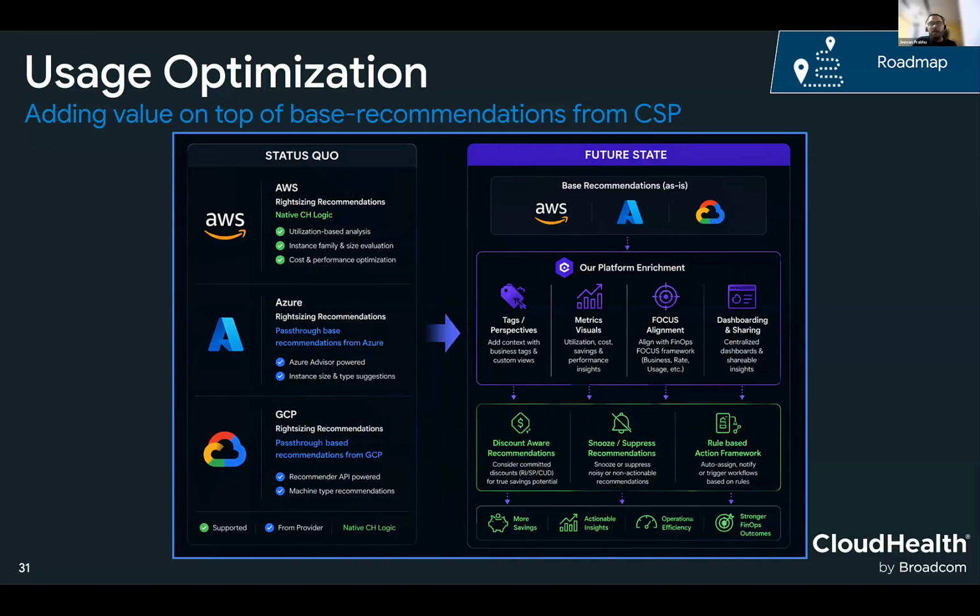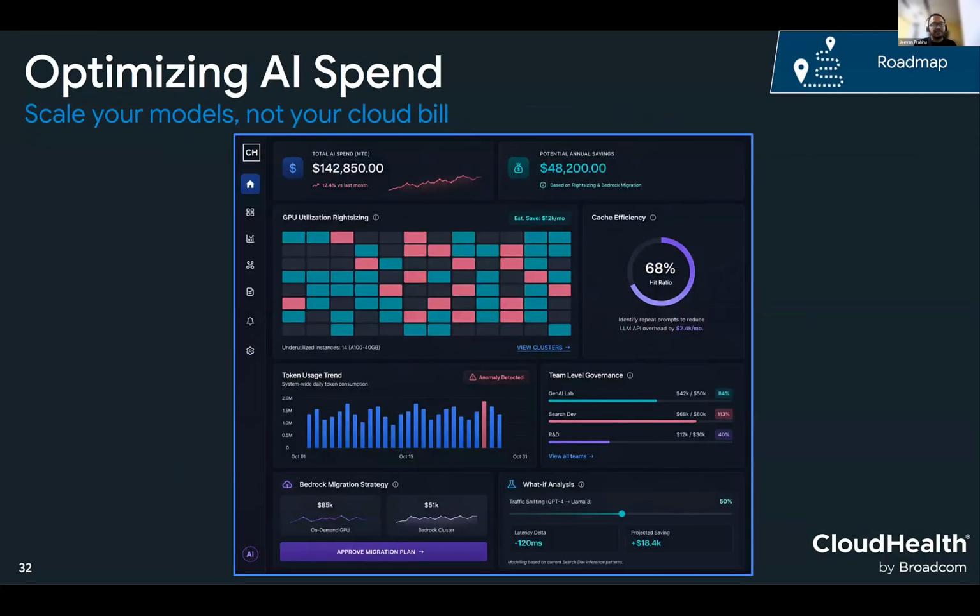Under all this, one of the key aspects is AI spend, which is trending upwards, and we definitely want you to scale your models, not your cloud bill. So we have already started investing in visibility of who is spending what. You have definitely seen the AI and tokenomics dashboard. We will be extending it to an area where we can give you recommendations.